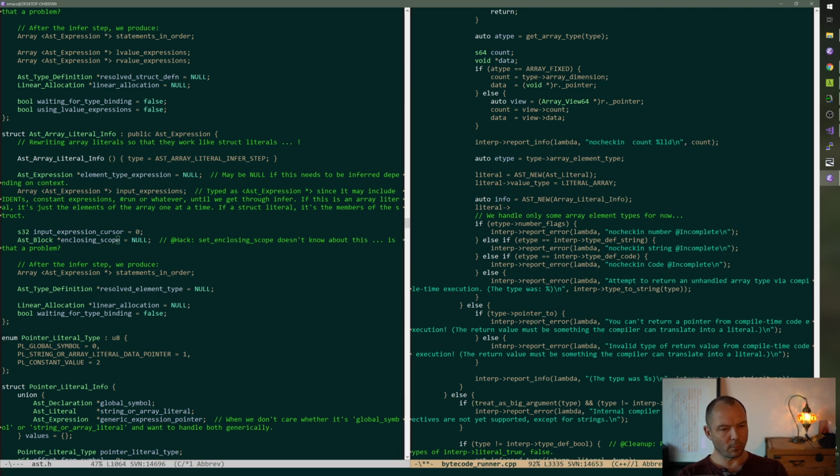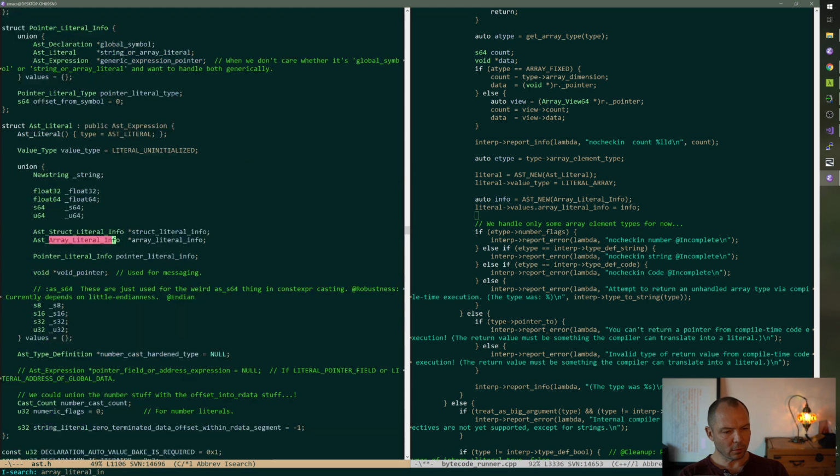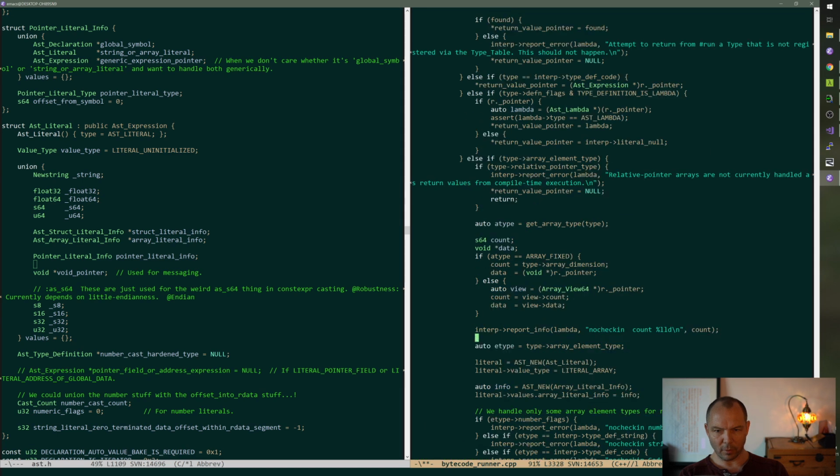Literal arrow values, the array literal info equals info, right? Yeah. Okay. And then we want to actually return this thing. Return value pointer equals literal. Okay.